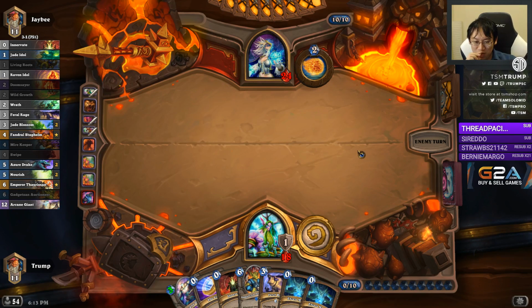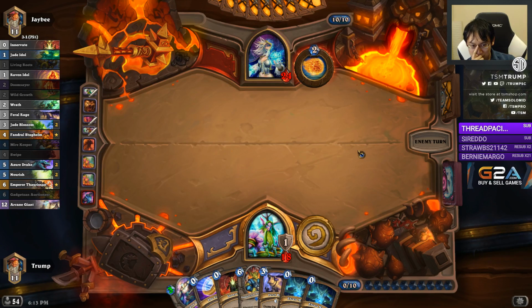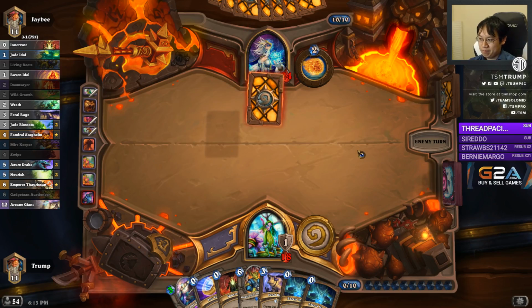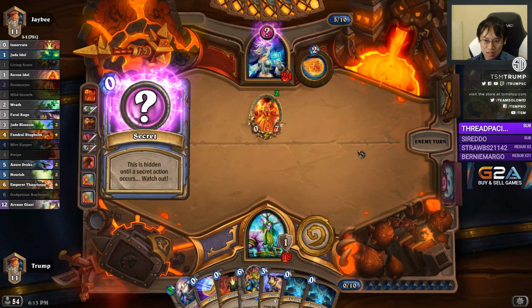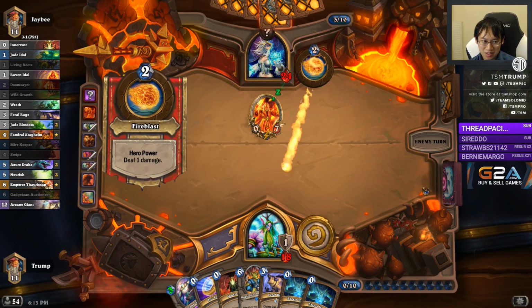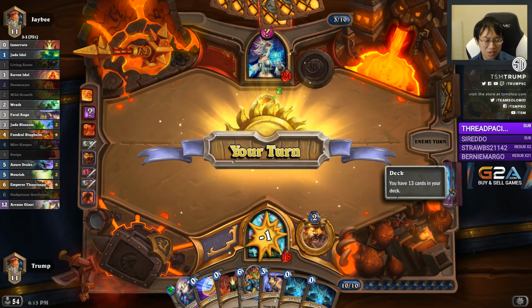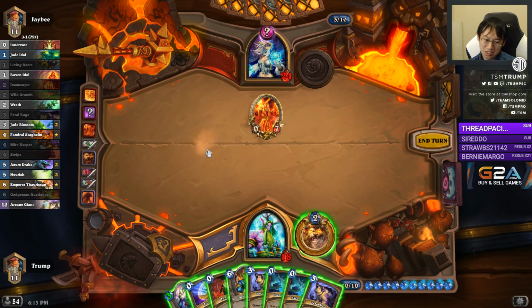The next turn I'm going off. Yeah, that's probably fine, even with a Doomsayer out. Okay, so he is a tempo, or he is a Reno mage. His only strange play done there. Actually,